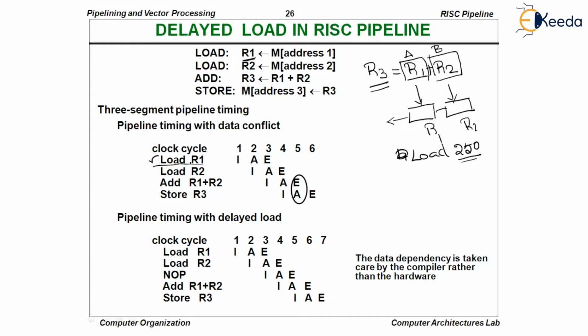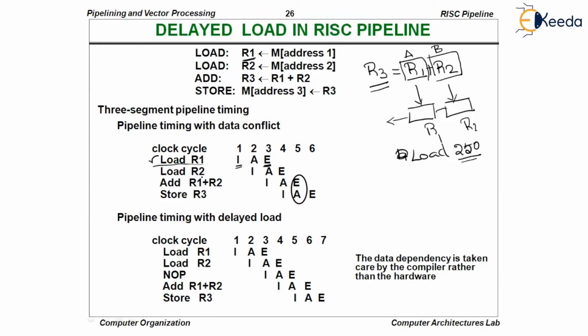So when we say load R1, in the first clock cycle, the instruction will get fetched. In the second clock cycle, the instruction will get decoded and the effective address of the memory location will get calculated, and finally the ALU operation will also get performed. When it says E, in the final stage, you know that the content will get transferred to R1. So when you execute load R1, at the E stage, R1 will be loaded with a value. So after the third clock cycle, R1 will get loaded.